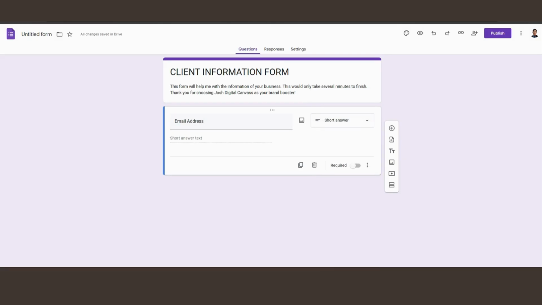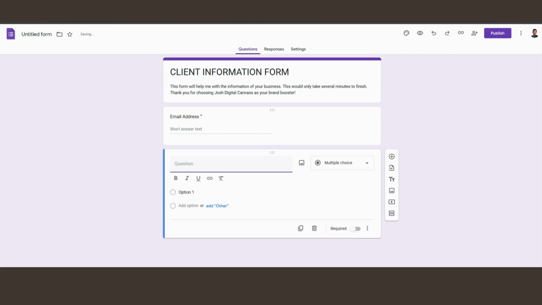Then click this so that if the client didn't fill this up, he cannot proceed. He is required to fill this up so that he can proceed to the next question. You just have to turn on this required button.